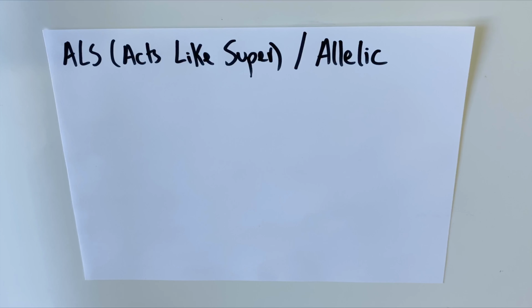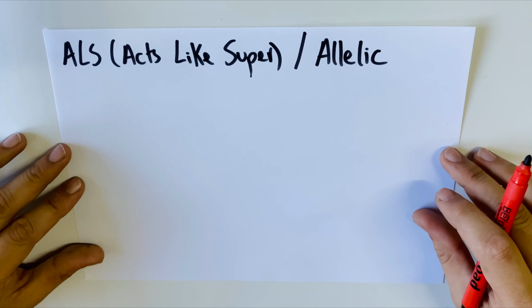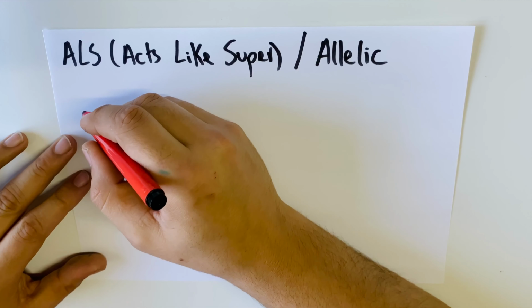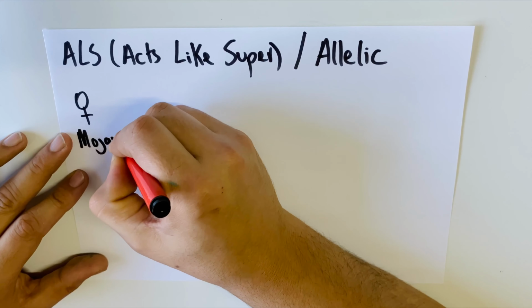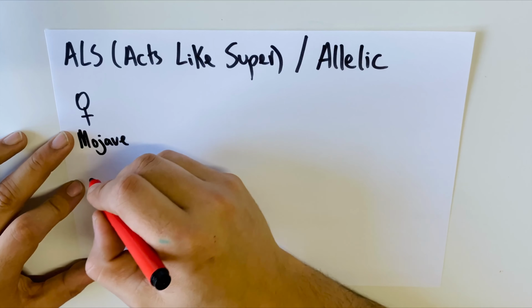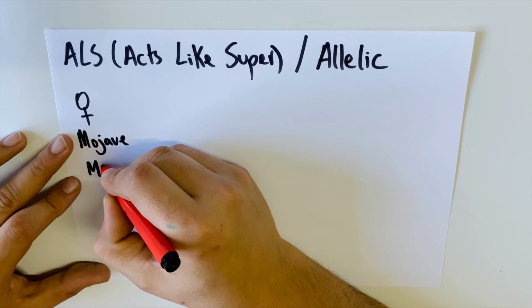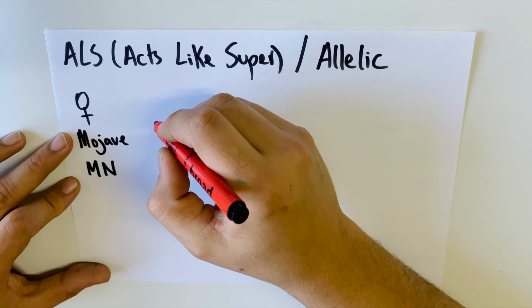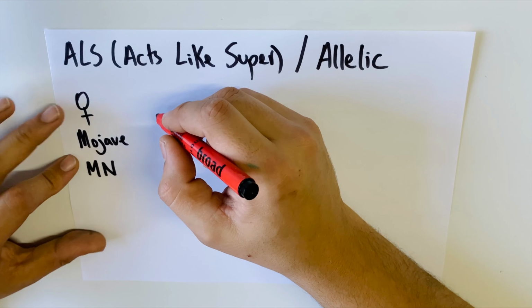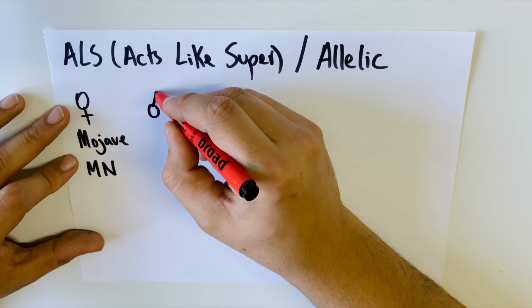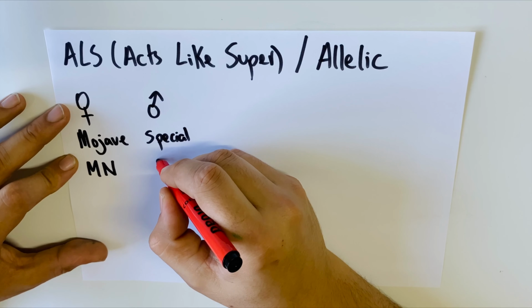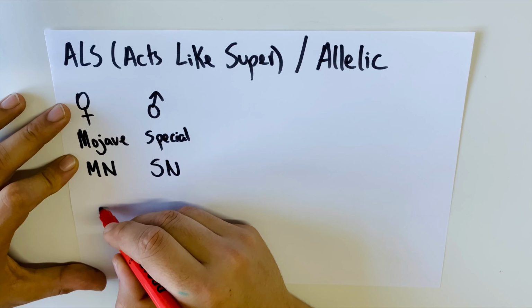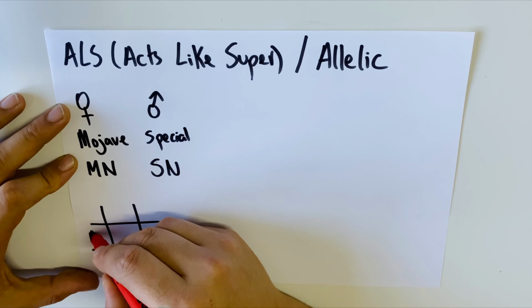When it comes to animals which are allelic, let's say we breed a female Mojave, which is a codominant mutation, so capital M, and the other one would be normal because it's a single gene Mojave. And we breed it to a special male. Again, special is an incomplete dominant mutation, so capital S, and the other one normal. If we do our little Punnett square, we will find